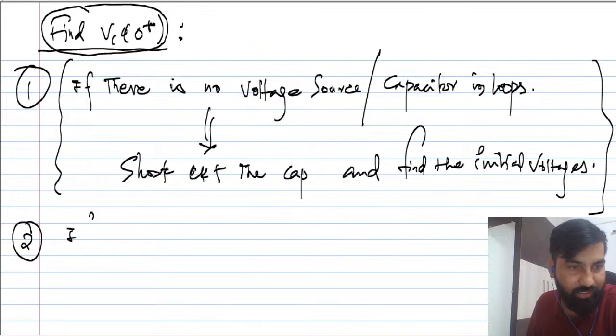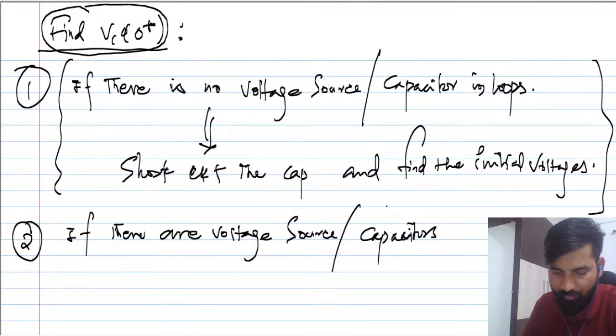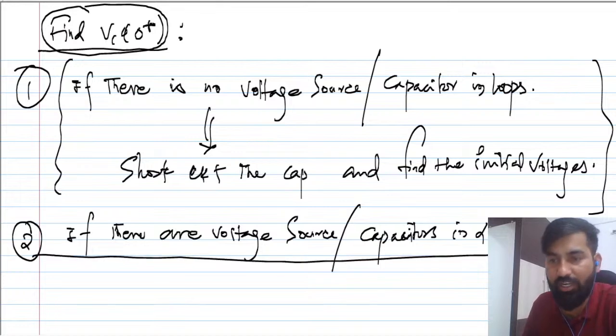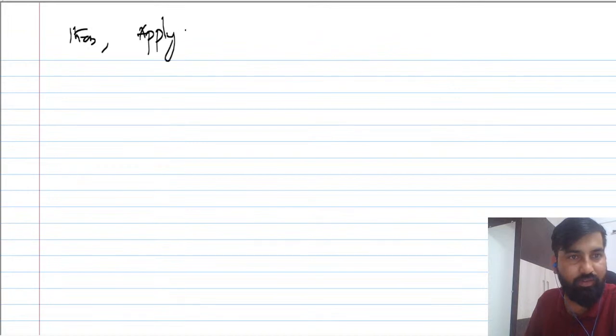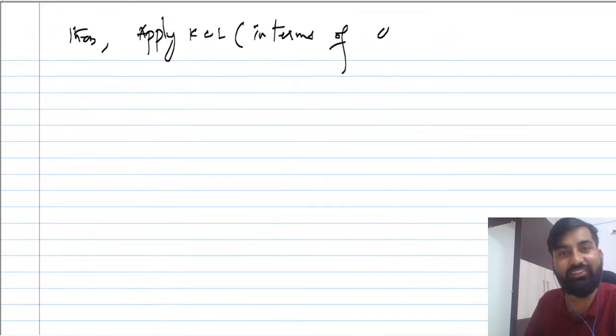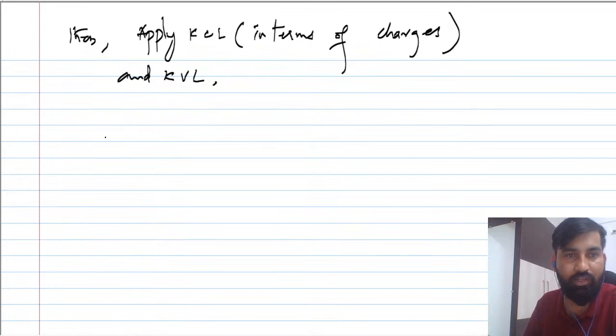if there are voltage sources, if there are voltage sources slash capacitors, okay, in loops, okay, in loops, तो आपको क्या करना पड़ेगा, then you then apply KCL in terms of charges, okay, and KVL, right, and KVL, and then find out the voltages,